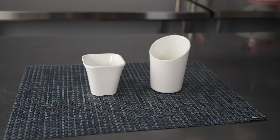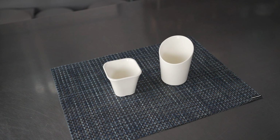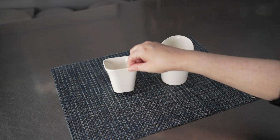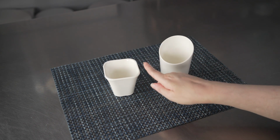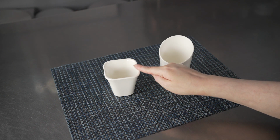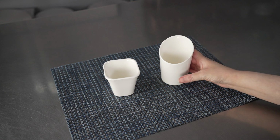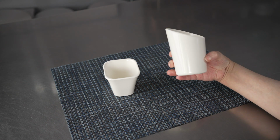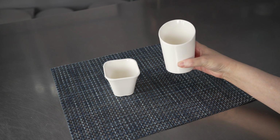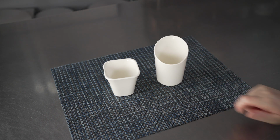In it, we're talking about tasting cups, specifically these Voga Melamine tasting cups. We have the 6-ounce square white Voga cup, which you can see has that nice flared design. It's 3 inches across by 2 3/4 inches high. We also have the 9-ounce round incline cup, which is 3 inches in diameter and also 3 inches in height